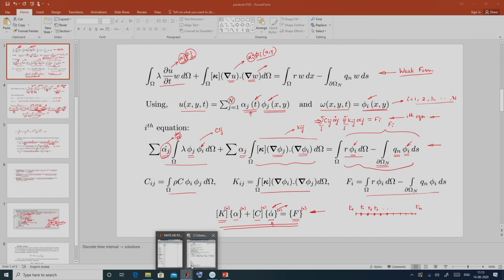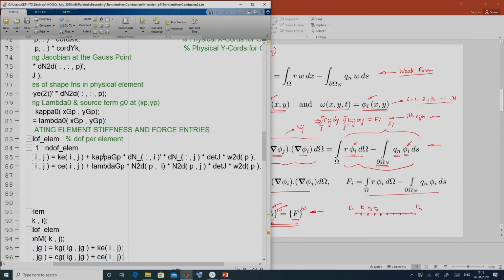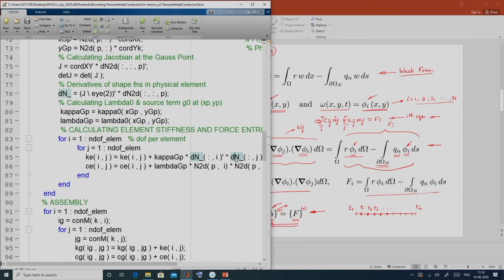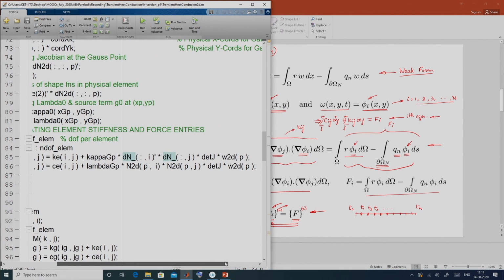So, let me go back. Here as you see, kappa times the gradient of the ith shape function, okay. So, we have taken the transpose of it and multiplied with the gradient of phi_j, okay. As you see, this is the gradient of phi_j times the determinant of J into the weight. So, this is the Gauss weight corresponding to the Gauss point p, alright. So, the whole term that is actually at Gauss point p, so that is added to K_ij, alright, and this we are looping over i and j. So, it is continuously getting added.